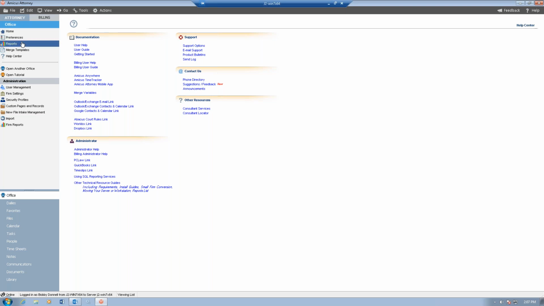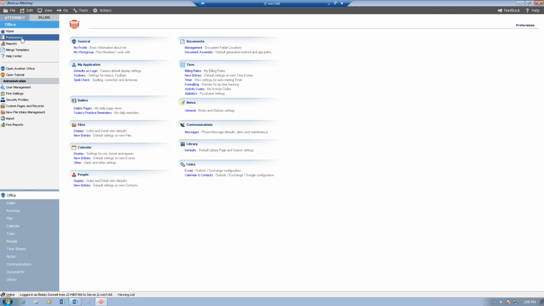Okay, so let's quickly look at the first of the bullets that I talked about, and that is the ability for an administrator to go in and change preferences. Of course, right now, any user can log into Amicus, go up to Preferences and have access to their various settings. Now we've added a tool that lets administrators do this for other users. So I'm logged in as Bobby, an administrator. These options here appear only because I'm logged in as an administrator. And now if I click onto user management,